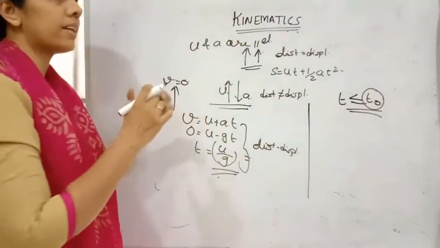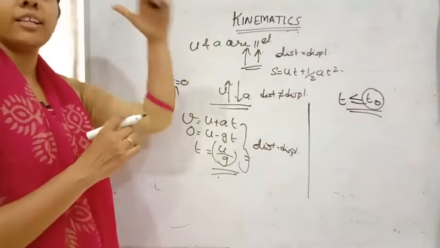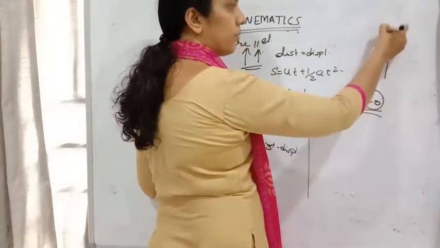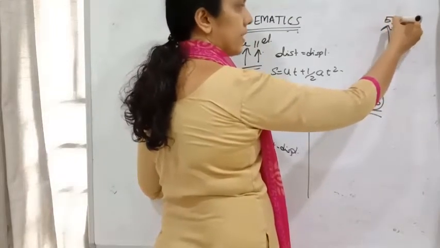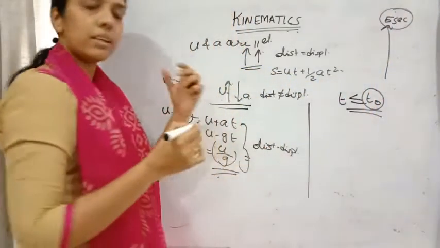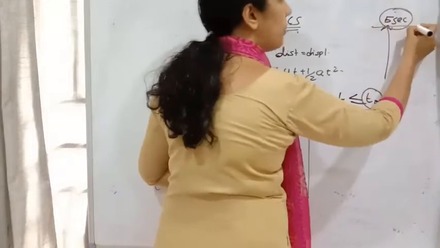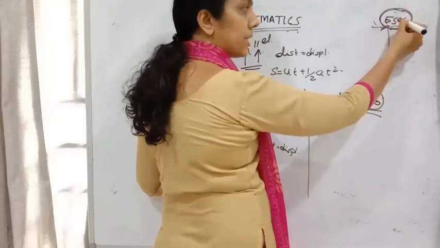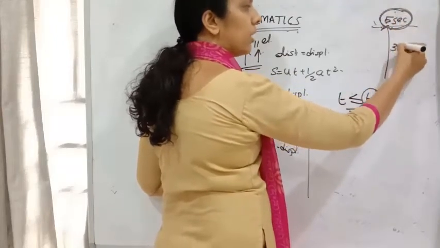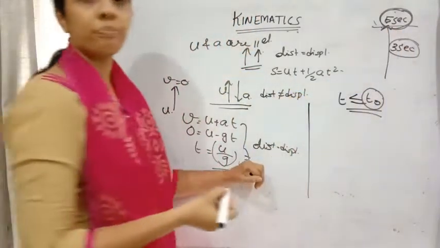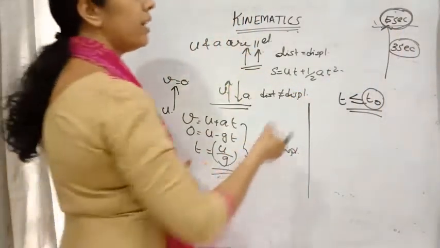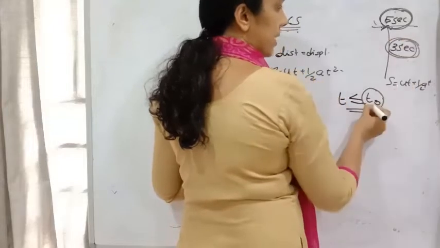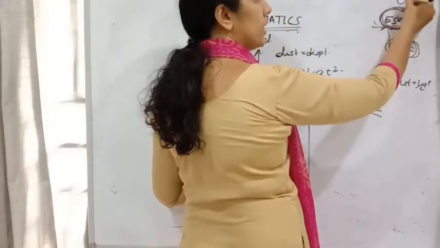See, first we are considering reaching the maximum height. When I am throwing an object in the upward direction, it is reaching the position at 5 seconds. Okay, at the max when it becomes 0 velocity, it is reaching the top maximum height in a time interval of 5 seconds. So this is the maximum time it is reaching. So if they are telling us to find out the distance at 3 seconds, the distance at 3 seconds will be, we can use the formula S is equal to ut plus half at square, because the given time is less than the time which is required when velocity is equal to 0.